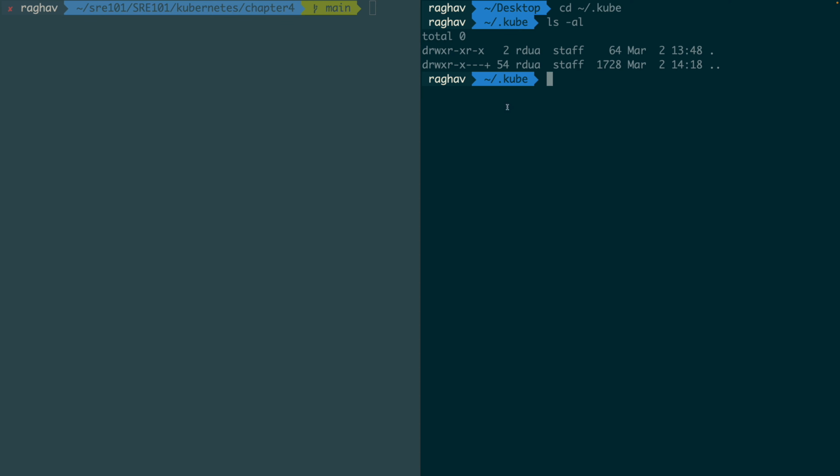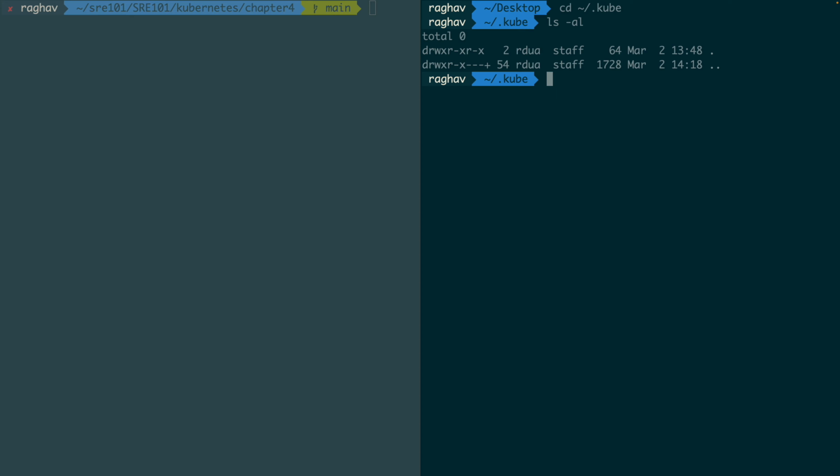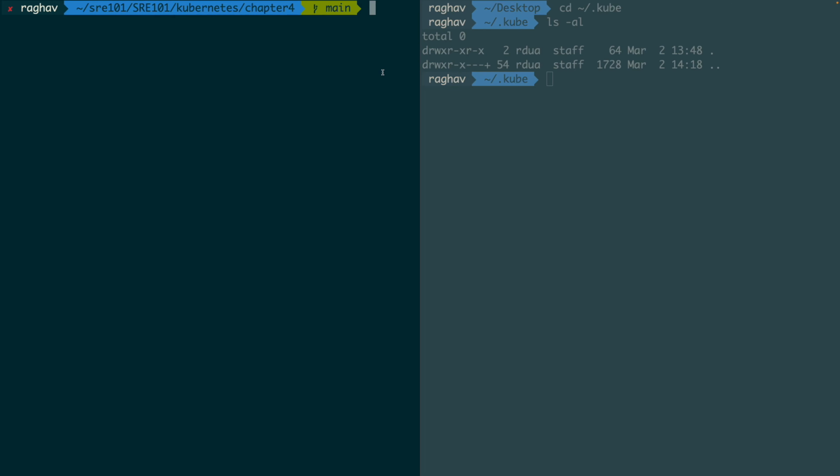But once you start working with kubectl, there's normally at least a config file. That config file is what contains the configuration for kubectl. It tells kubectl which Kubernetes cluster it is pointing to currently, right? And we can manipulate that using a config command in kubectl. Let's now start the Kubernetes cluster on our local machine using Minikube. And then we will also see that there is a config file over here, right? Currently it's empty, but